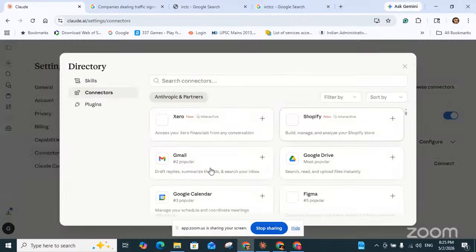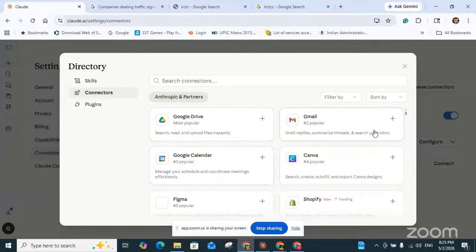Even Gmail. Earlier, Professor Reddy sir told that he has generated an AI tool that will serve as my agent, and will even send mail. I mean, it will send mail to individual persons if I give that particular command. That can also be done, and I have even tried that one, but I need to give access to Gmail. So the connectors basically explore the capability of Claude.